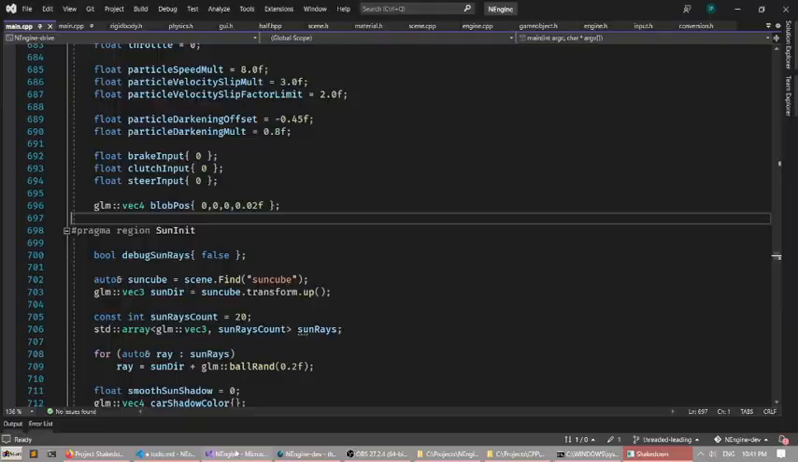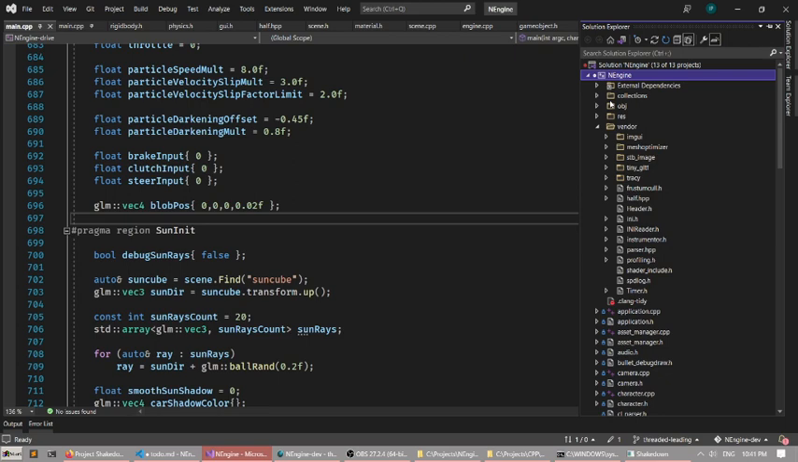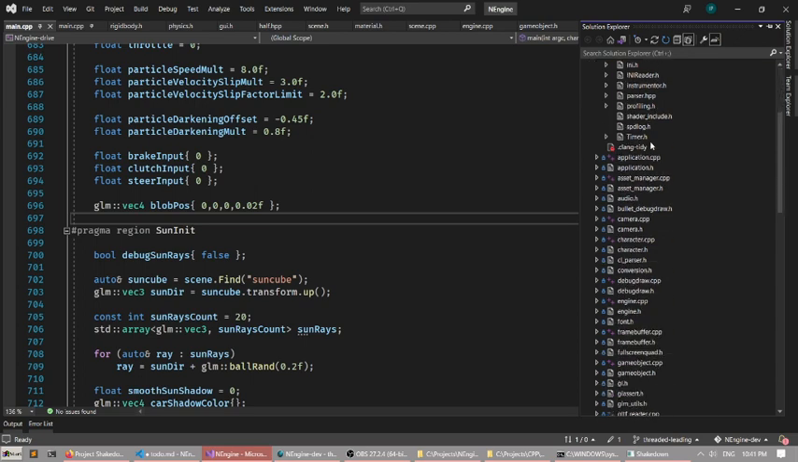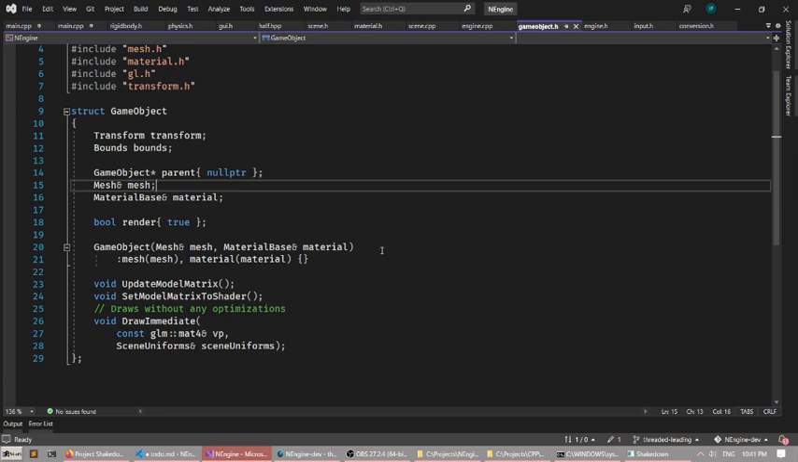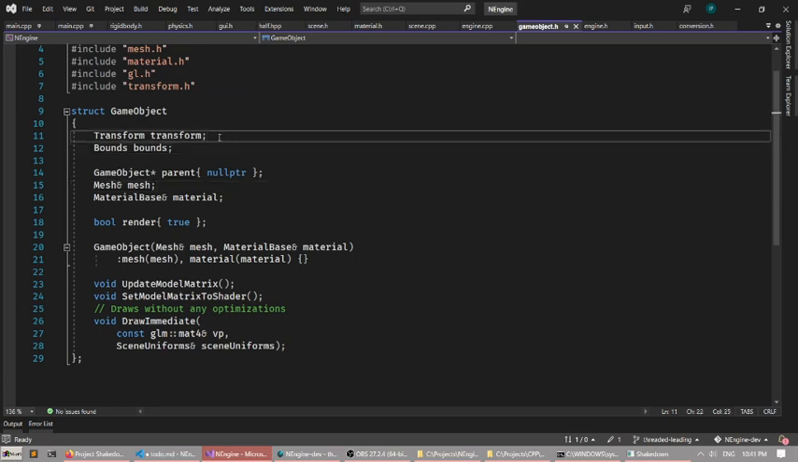Okay, let's see. Because I just remember there's a transform as well. So yeah, it is a very light kind of class. Game object. So, this is my game object. This is everything. So basically what it does is it has a transform. The transform tells where, it's a matrix. So it tells you where the position, rotation, and scale is. You probably know from the